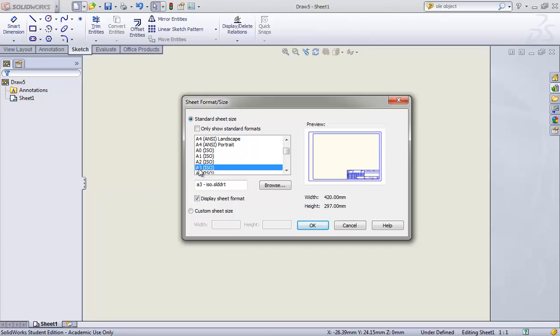There are so many different types. You can Google for all of these what they mean. The one I want to go ahead with is the A3 ISO. As you can see, there are BSI and GB. There are so many other types as well. So the one I want to go ahead with is the A3 ISO. If I OK that,